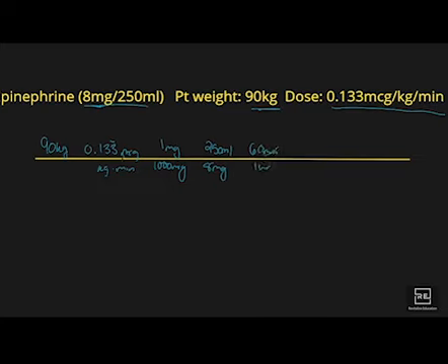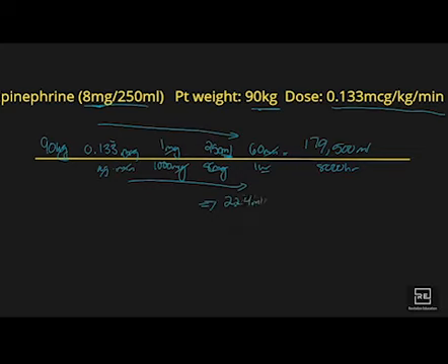Now you can start canceling out all of your units. Make sure that you're left with just your desired units of mLs an hour, which we are. We're left with just mLs per hour. So now what we can do is multiply everything on the top and multiply everything on the bottom. And what we end up getting is 179,500 mLs per 8,000 hours. Now, if you convert that down even further, what you end up getting is